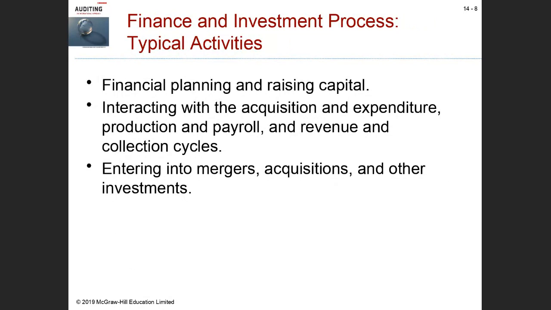The next PowerPoint, when we talk about this particular process, again, we're still on page 625 in the text. There's a chart on that page which shows you what we mean by the finance and investment process. So I encourage you to have a look at that. But the typical activities, of course, are financial planning. How much money do we need in our business in order to be successful? Where are we going to spend that money in terms of land, buildings, equipment, maybe buying out a competitor, all those types of things? How much money do we need to pay our people and pay our suppliers?